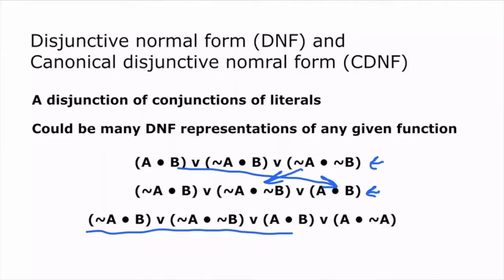What I did here is I just kept this one, but then I added this disjunct at the end, which doesn't matter because it's a contradiction, but these are disjunctions. It's a disjunct, so it's still equivalent to just this. But you can see it's still a different statement. And so for any